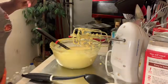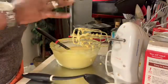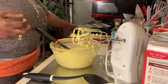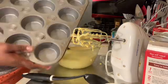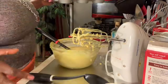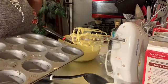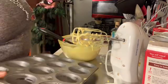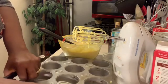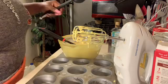Okay, you guys, I didn't want to hold you guys up, and I'm back. And I just took the liberties because I don't know where I'm gonna go with the decorations on this cake. And I mixed up another batch of pineapple yellow cake, and we're gonna do some cupcakes just so I can have some leverage to decorate. Because I've been going over and over in my mind what I want my Hennessy pineapple upside down cake to look like. So I'm gonna do some cupcakes,